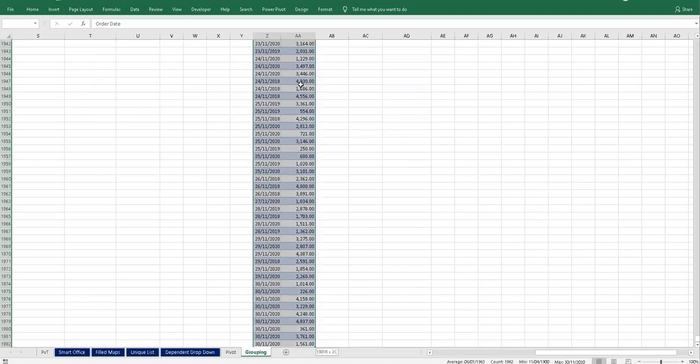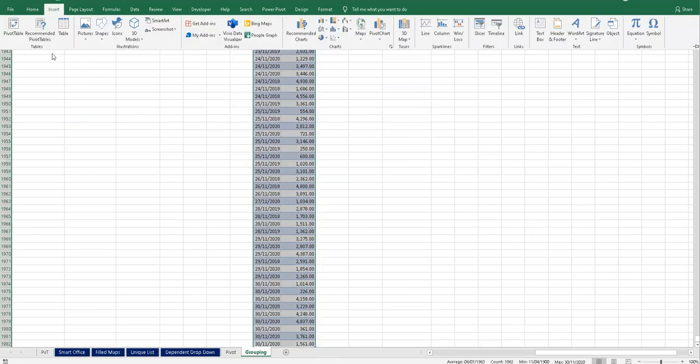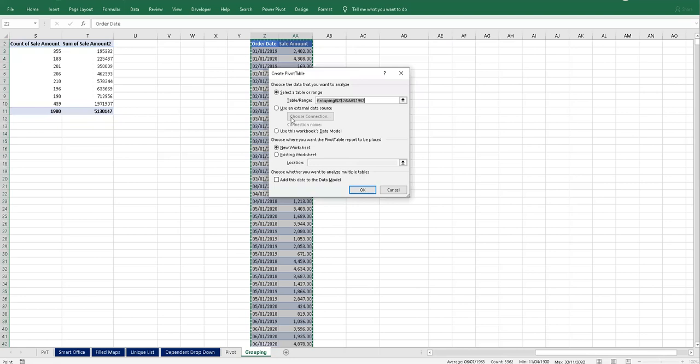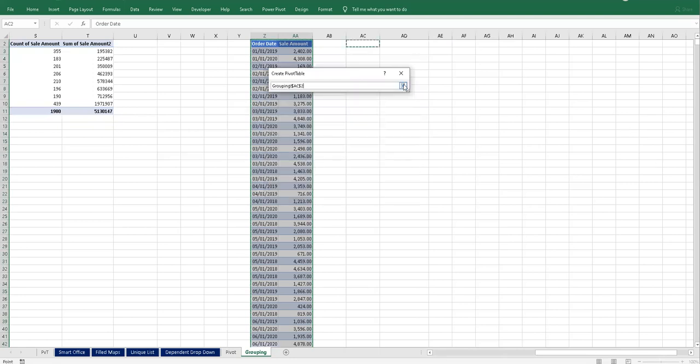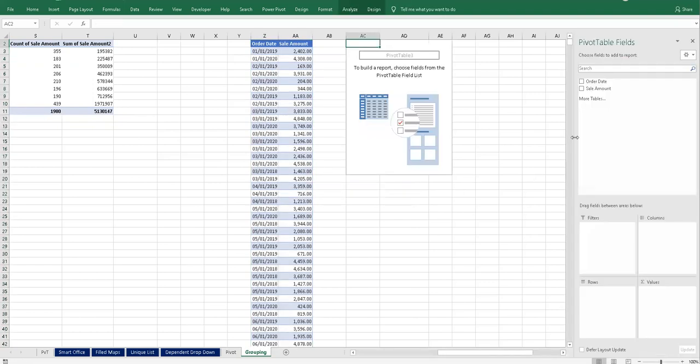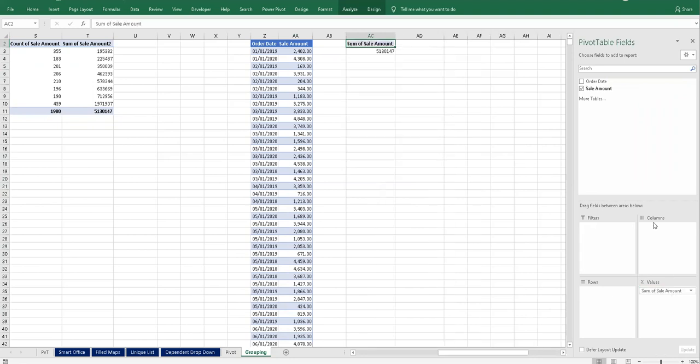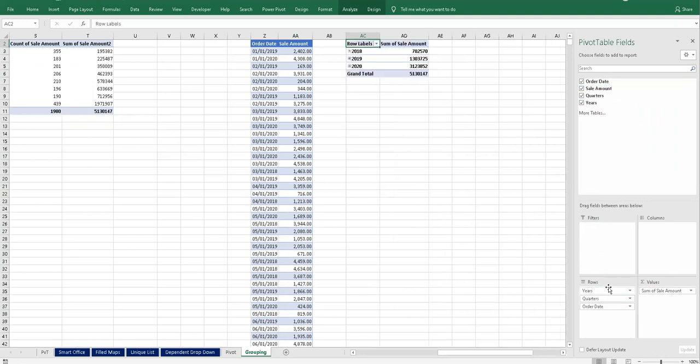So we will select both these things, go to the insert tab, power pivot, and I want it in the same place over here. Now, so sales amount should be here. Order amount, I will take it here, and I will select only this amount, order dates.